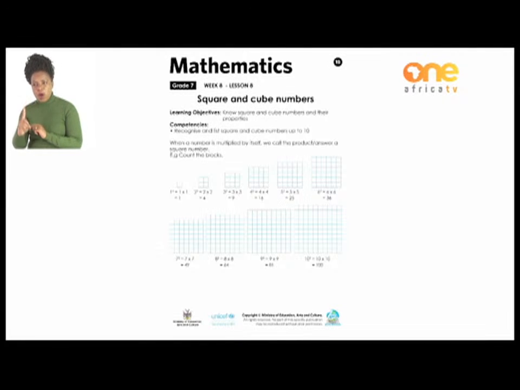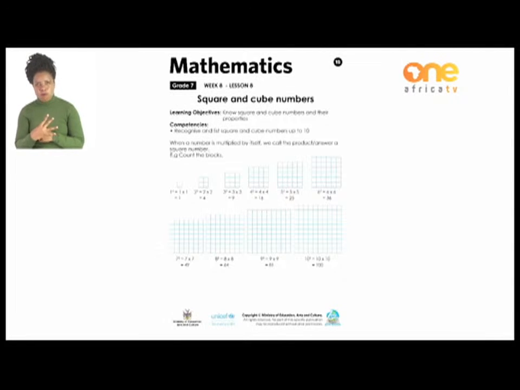So 1 is a square number. The second, we have 4 blocks there, and that is 2 squared, so 2 times 2 gives you 4. Goes with 3 squared, 3 times 3 gives you 9, 4 squared, 4 times 4 gives you 16,